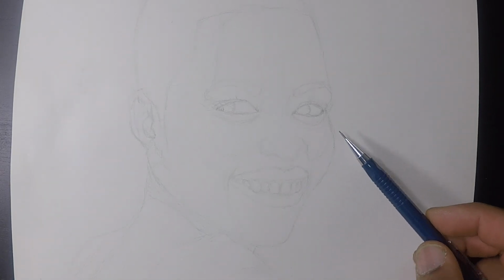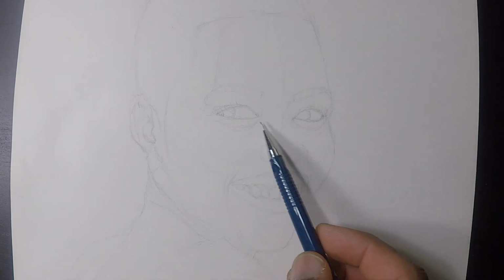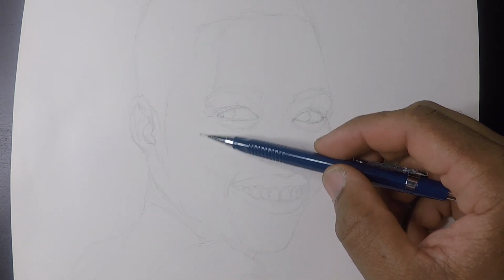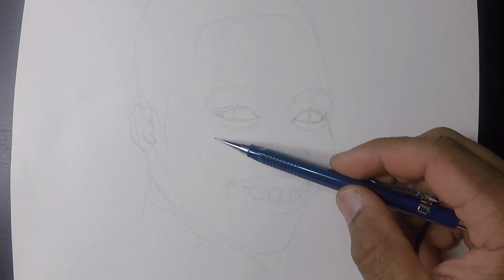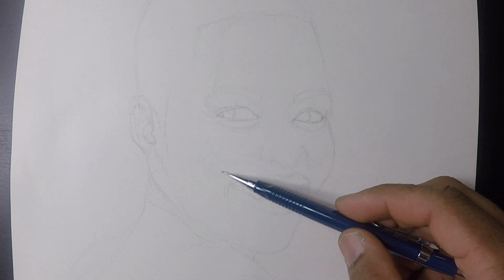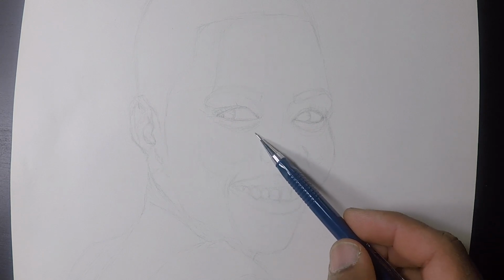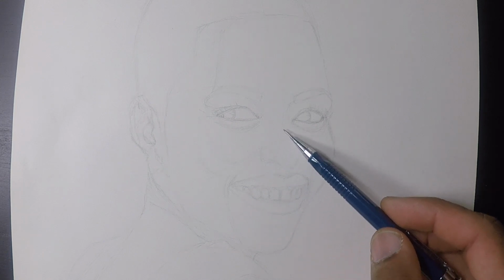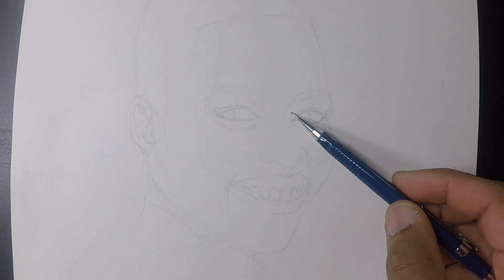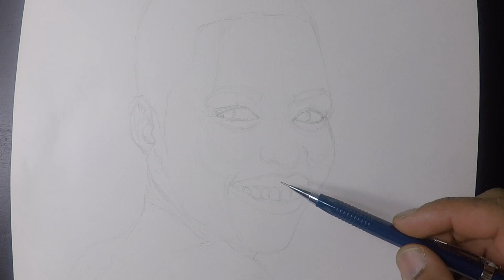Now you might notice that I'm going over certain areas with a line that is not necessarily part of the face or around the eye, but it's just for me to indicate where certain shadows are going to be. So a dark shadow is going to come here, a mid-grade shadow is going to come here, and on top of here is a highlighted area. Then you have another mid. That's just to help me for going into my second stage, which is laying down values